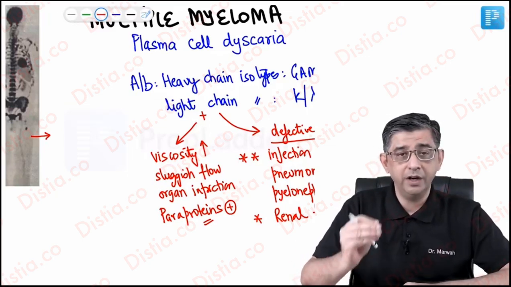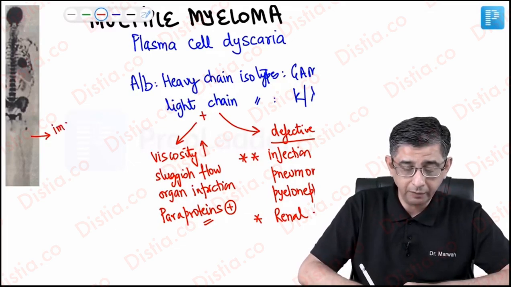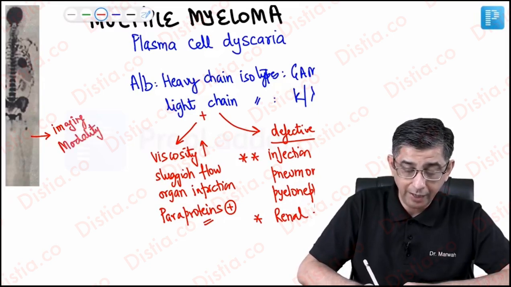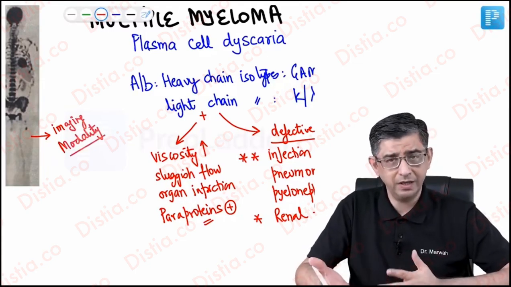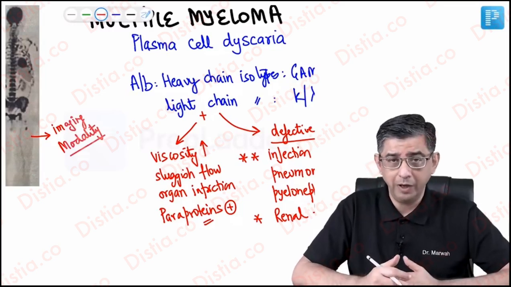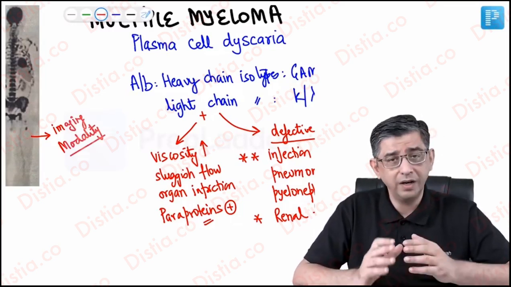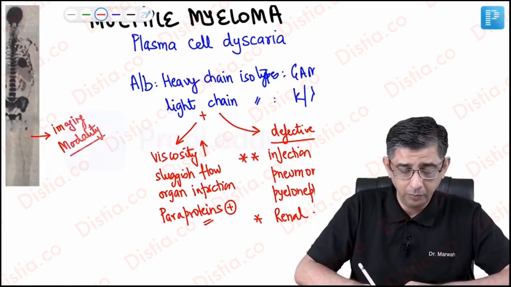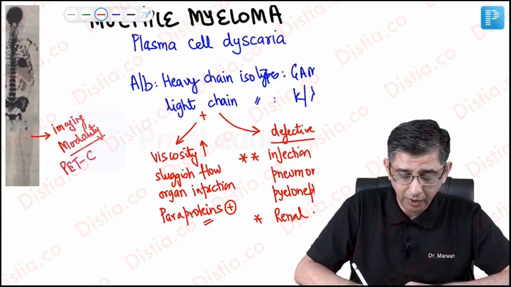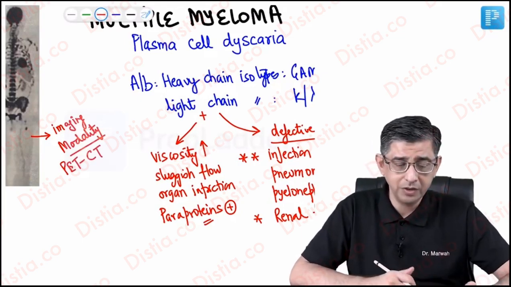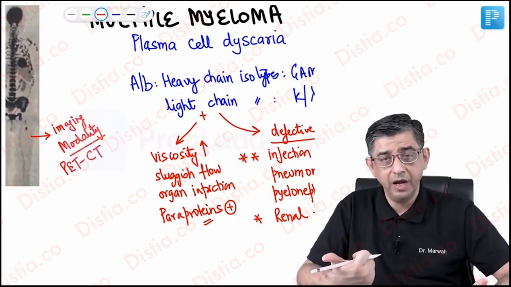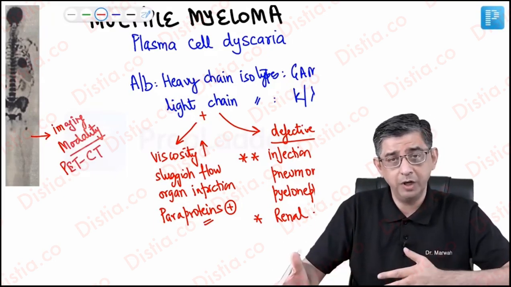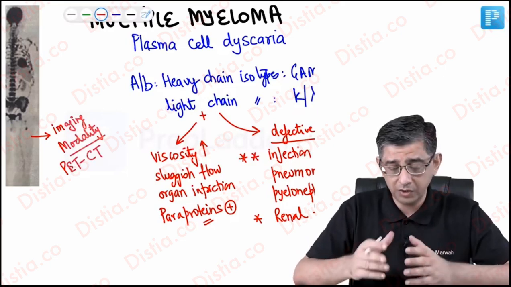What I'm simply saying is that if he says what is the imaging modality that you would like to use to identify the lytic lesions which are present at multiple sites, then yes, obviously X-ray can be done, a CT can be done, but even an MRI can be done. But in fact, to identify the disease focus, because the disease is originating in the bone marrow, the best test would be answered as a PET CT. So I repeat my statement again. Yes, radiological findings will be seen, but they'll be seen very late. And I really don't want to wait for the lytic lesions in the person to appear and then tell him, okay, you have multiple myeloma. I want to pick up the disease focus initially.